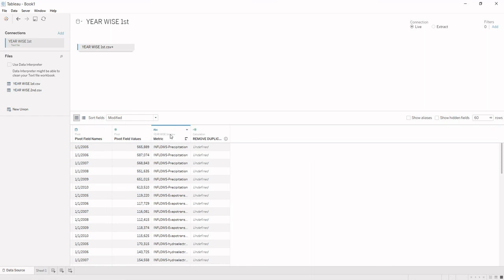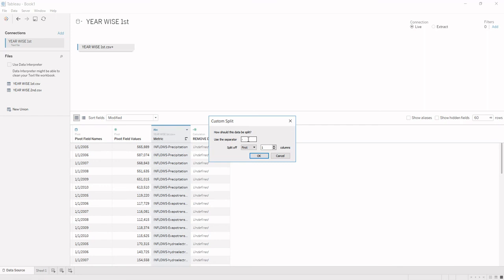For doing splitting, we have to right click on the column, and either we can use the split option or we can do custom split. First of all, I'll tell you what custom split is. While clicking on custom split, we'll get this window where we choose the delimiter according to our choice. The delimiter is also called a separator. In this column, we can see that the separator is the minus sign.